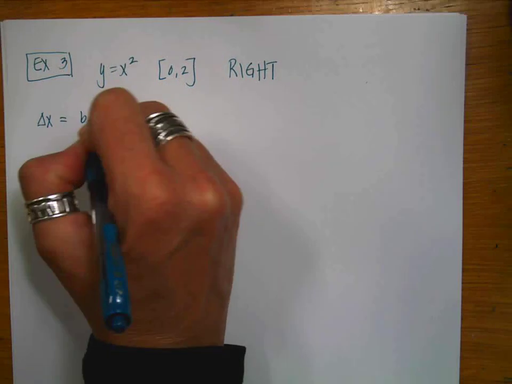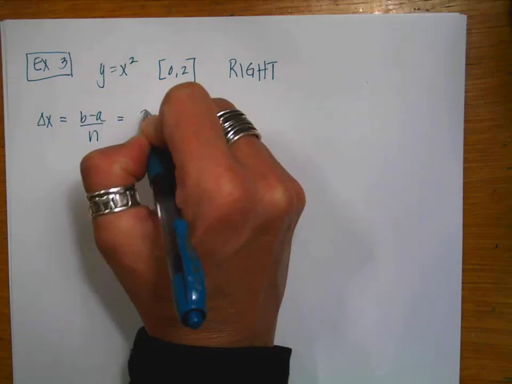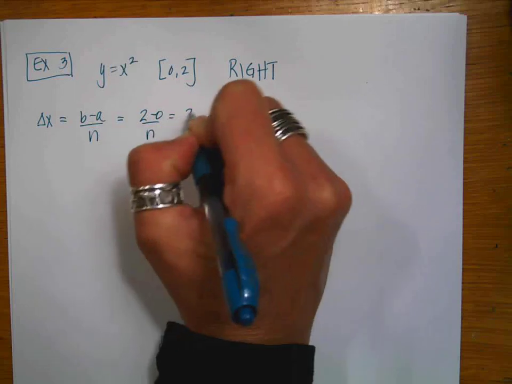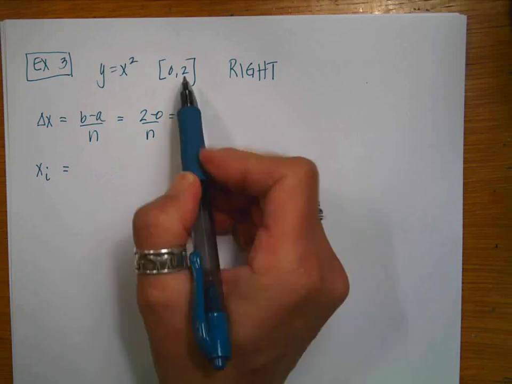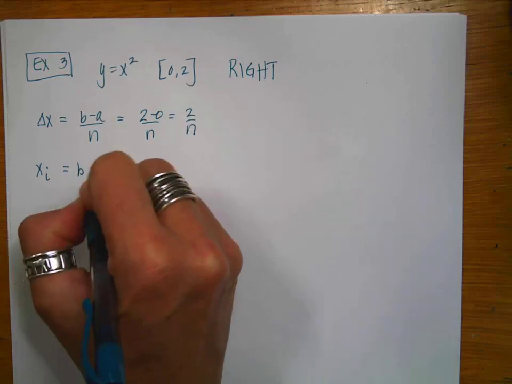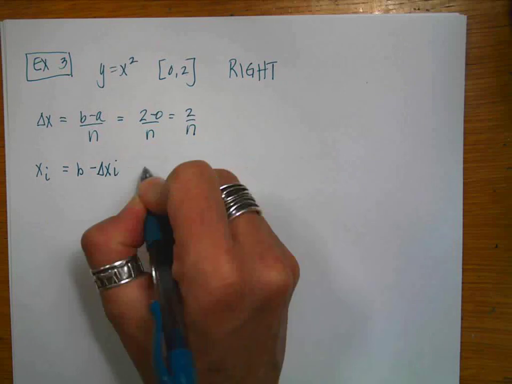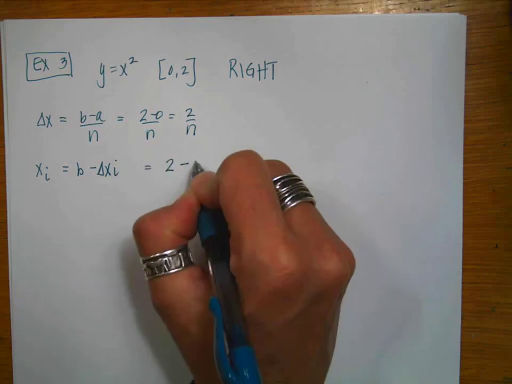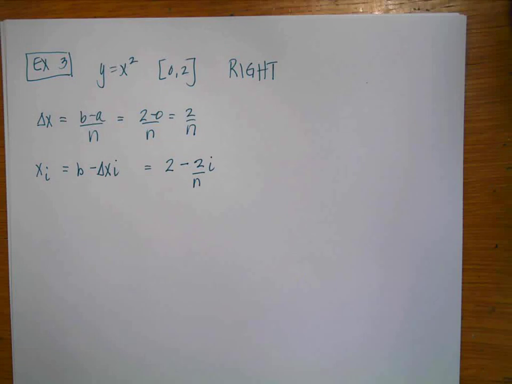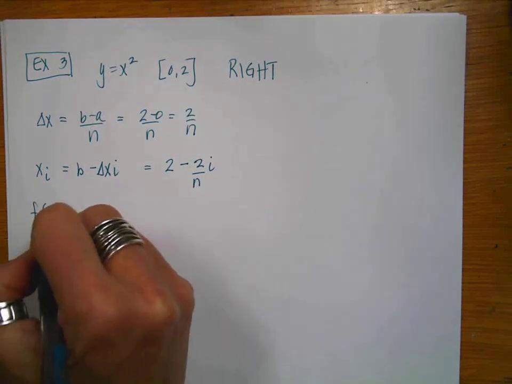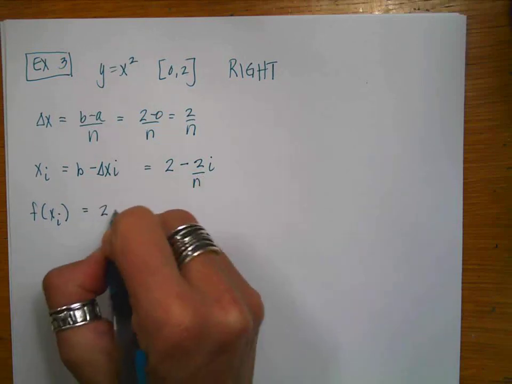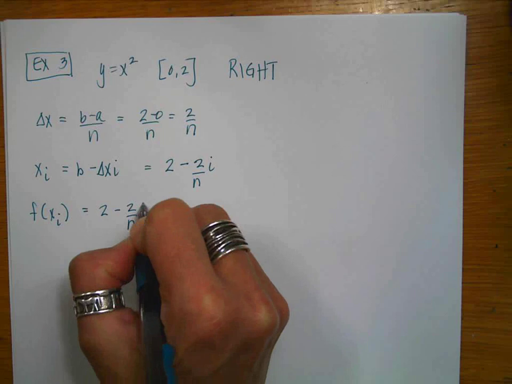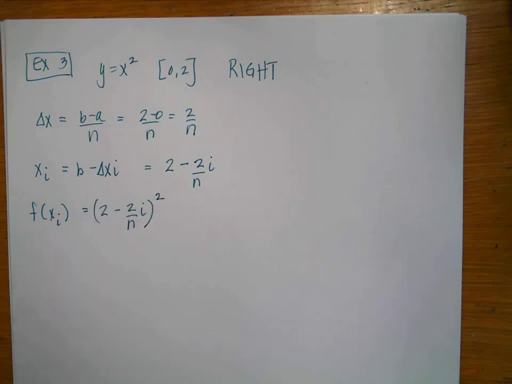Okay, and so I'm going to start the same way I always do. My delta x is going to be (b minus a) over n, so it's 2 minus 0 over n, so it's 2 over n. My x sub i, when we're starting on the right, is going to be b minus delta x times i, so it's going to be 2 minus 2 over n times i. My f of x sub i is going to equal this equation, so (2 minus 2 over n times i)